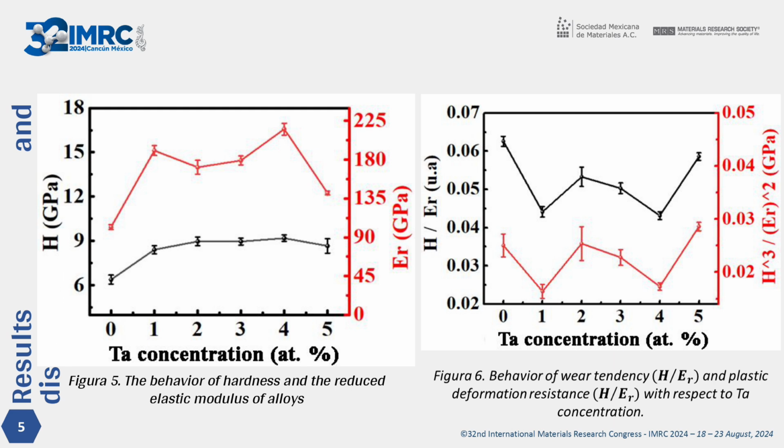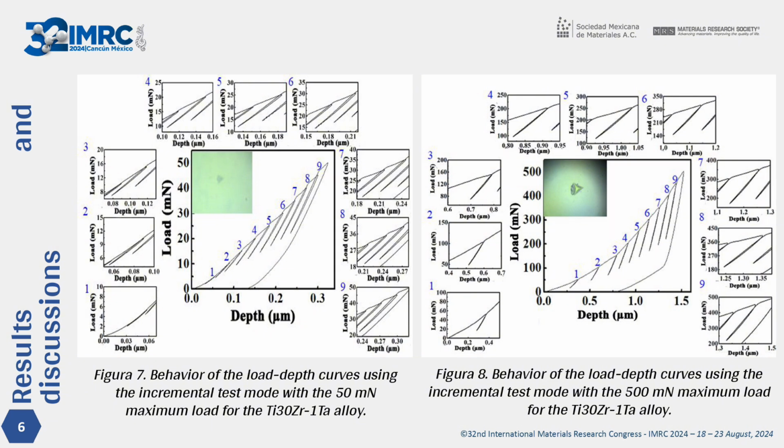values of the ratio. Figures 7 to 9 illustrate the load-penetration curves characteristic of the incremental indentation test, showcasing the specific behaviors exhibited by the 3 loads employed. The loads employed were 50, 500, and 1000 millinewtons. Figure 7 illustrates the presence of pronounced hysteresis loops and approaches